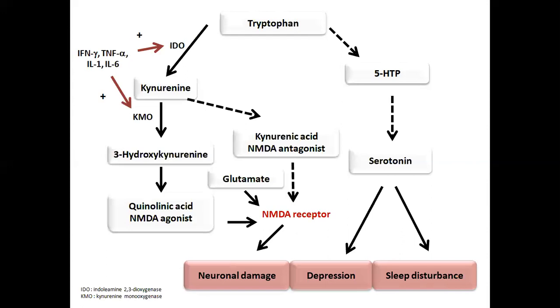Factors that can increase the tryptophan to kynurenine pathway are things like high levels of cortisol. So we see this in things like depression. But focusing on fibromyalgia, where we know that cortisol is actually low, there is a role for pro-inflammatory cytokines, such as interleukin-6, interleukin-1. We've also got IFN and TNF, tumor necrosis factor, which upregulate various enzymes. So we've got IDO and KMO, which shuttle kynurenine down to produce quinolinic acid, which activates NMDA, which then causes